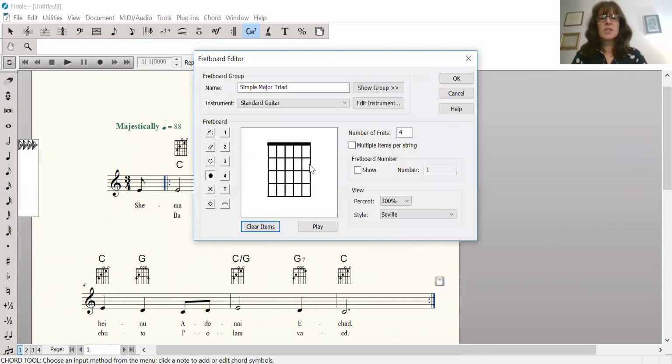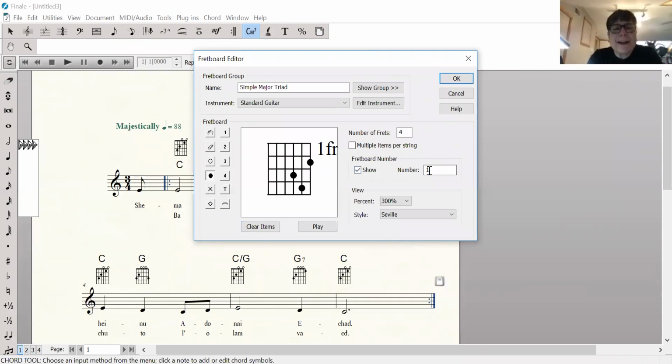Let's do a D minor chord, because that's something that we often move up the fretboard, right? I can say show the fretboard number. That's what I wanted to know. And then I can tell it, play it on the 3rd fret. So now it's telling me these fingers, actually, so I've got these in the wrong place, but because I'm a pianist first and a guitarist second, it's helpful to me to have my guitar here when I do these things. But basically, yeah, you can tell it which fret number,